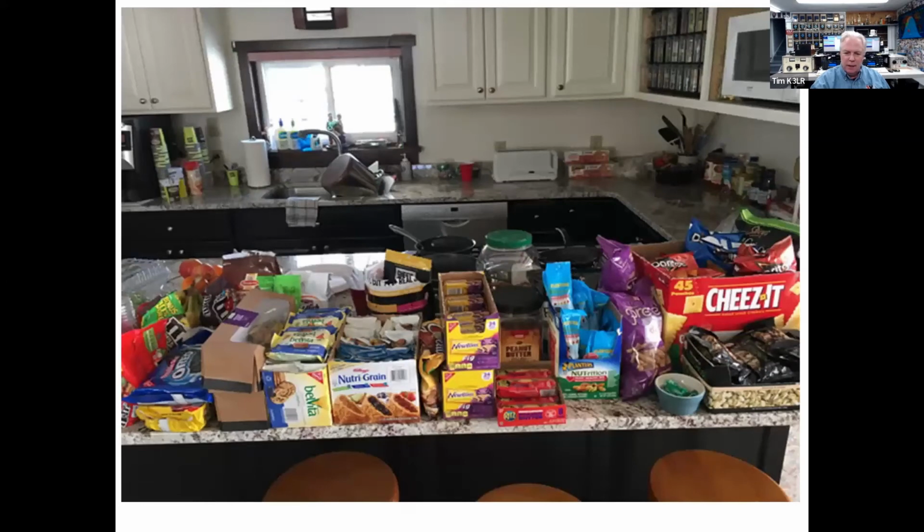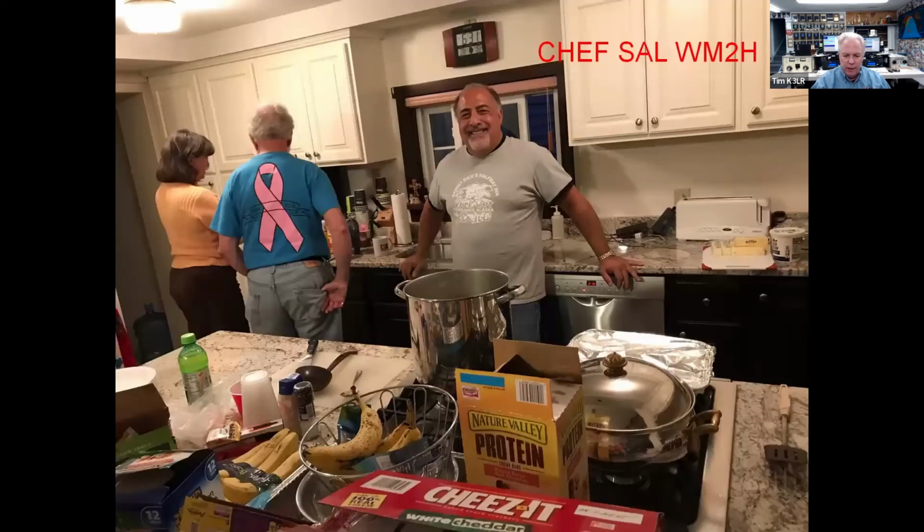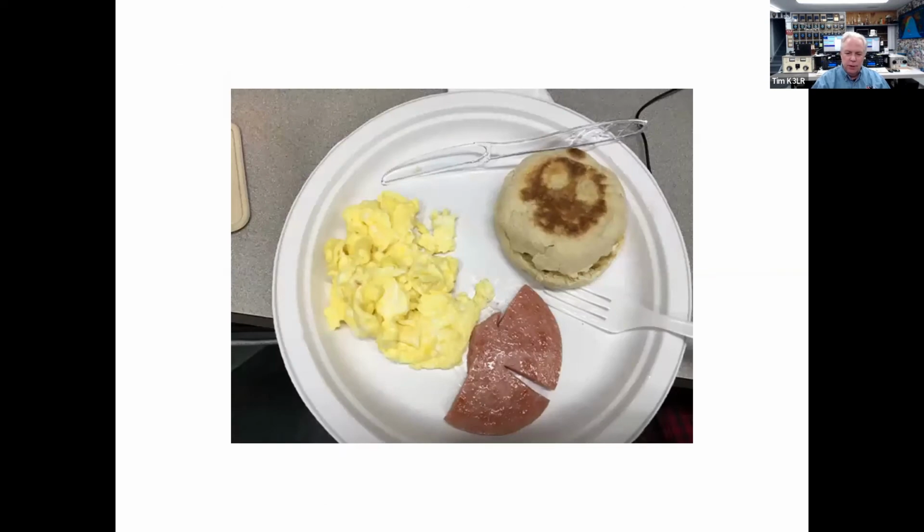This is the snack area for a contest. And we have a chef, Chef Sal, WM2H, formerly of New Jersey, now of Houston, Texas. He takes care of making sure we are well fed for a weekend event. And N2NC makes the breakfasts on phone, and I take care of them on CW. So we do share cooking responsibilities here. The operators